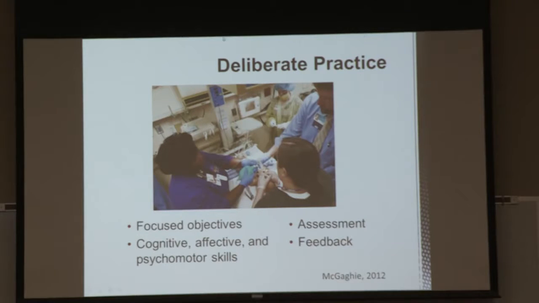And so this is very different from the traditional apprenticeship. In fact, a systematic review by McGaghie looked at traditional apprenticeships versus simulation. There aren't very many studies, but the data is very encouraging for the potential for simulation. One study in particular was interesting to me. It was on cardiology rotations. Students were randomized to a traditional cardiology apprenticeship or simulation where they had focused objectives in cardiology. At the end of it, they measured their competencies in cardiology. Students in simulation developed double the number of competencies in half the time.